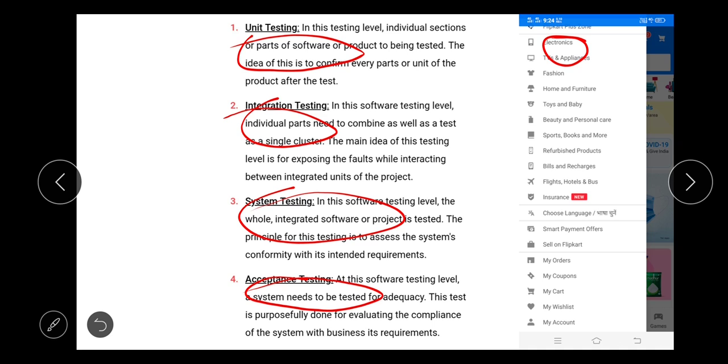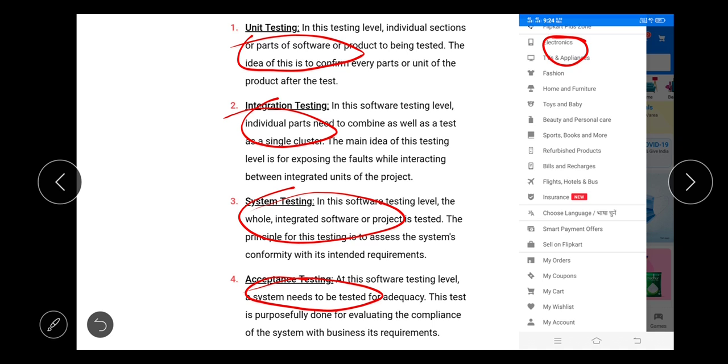After finishing the system testing, the software is handed over to the client. So the client will check whether the software is working according to my requirements or not. This acceptance testing is done by the client.